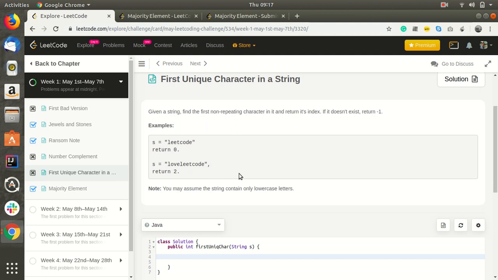Once we have that numbering in the map, we will iterate the map's key set and check whether the value is equal to 1, meaning it occurred only once, so we will find the index of that character.